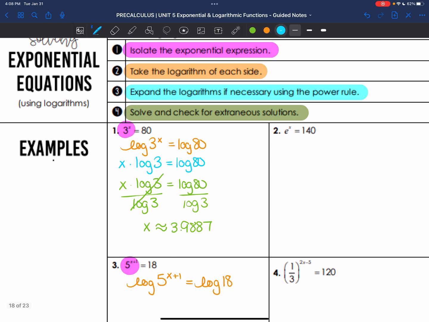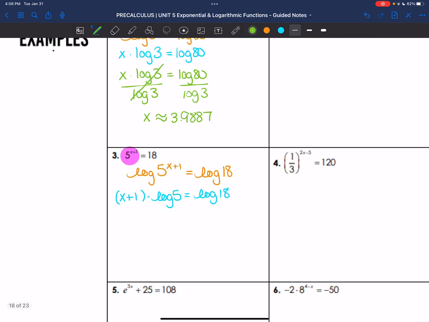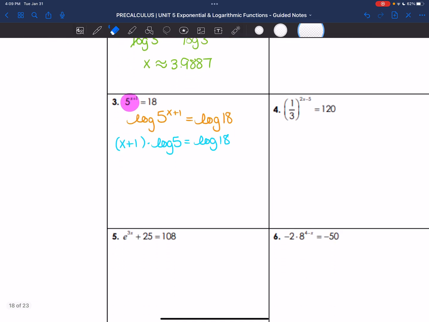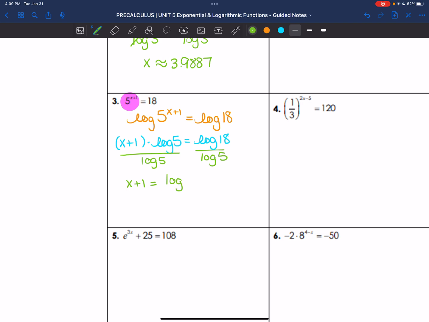Then expand that logarithm using your power rule. So the power of that argument, the x plus 1, comes out front and is multiplying with log 5, and that equals log 18. Then we'll want to solve for x. That means if I go ahead and divide each side by that log 5, then I'll have x plus 1 equals log 18